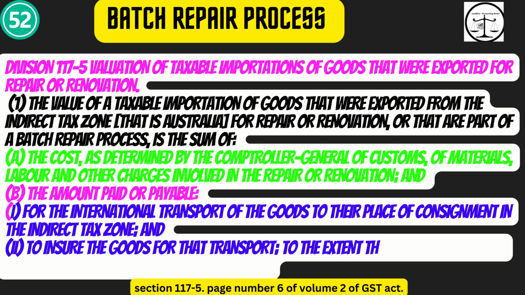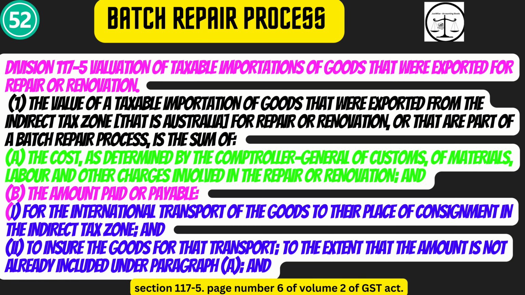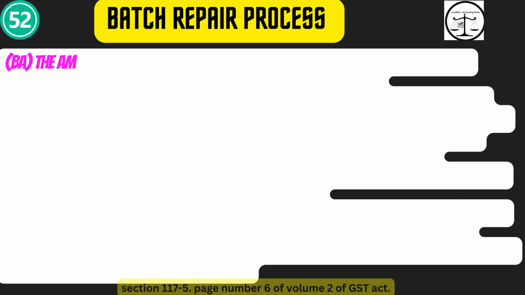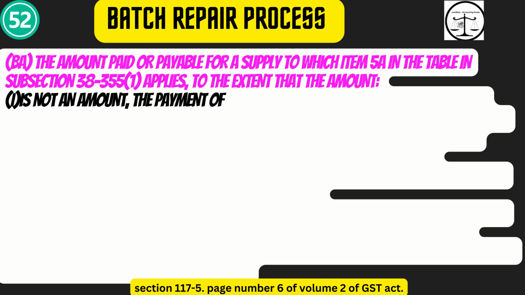The cost, as determined by the Comptroller General of Customs, of materials, labor and other charges involved in the repair or renovation, and b. The amount paid or payable for the international transport of the goods to their place of consignment in the indirect tax zone, and 2. to insure the goods for that transport, to the extent that the amount is not already included under paragraph A and B. The amount paid or payable for a supply to which item 5A in the table in subsection